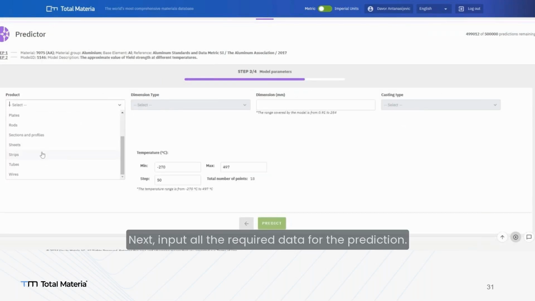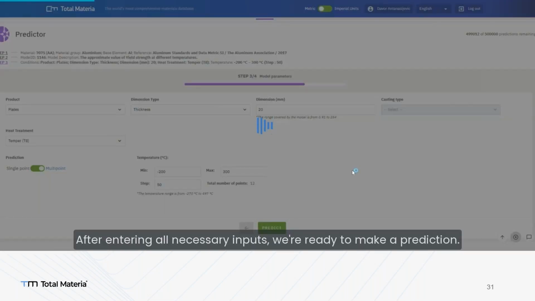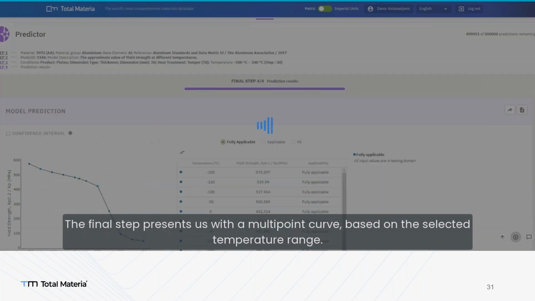We need to choose the forms and dimensions and the thicknesses of this material and what heat treated. We have this material properties with this form for a lot of heat treated 7075, but not T8. T81, minus 200 to 300 degrees centigrade.